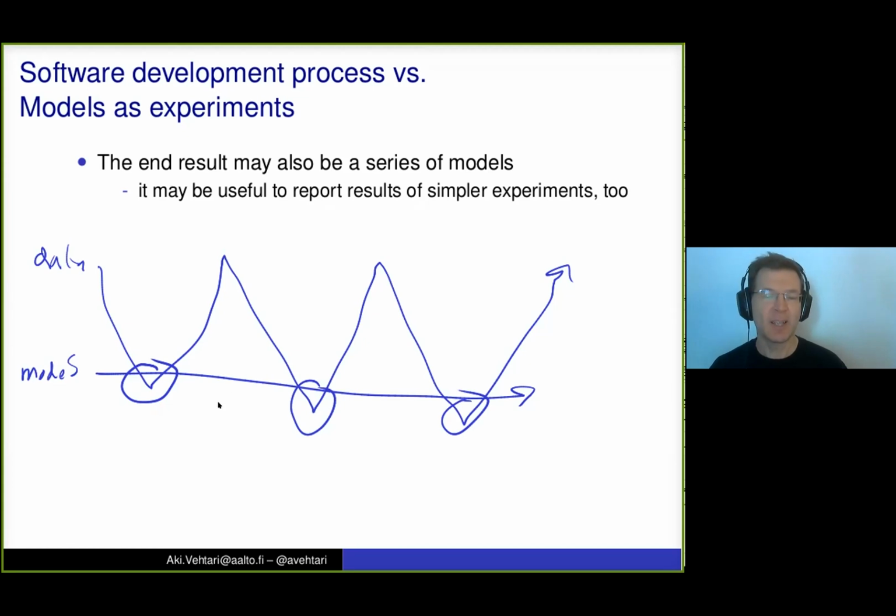In that case, we are not just making a release of the most complex model, but also these. And of course, we might have had iterative model building inside each of these, doing small refinements to get them good, working and computationally efficient. So there are these different layers all the time.